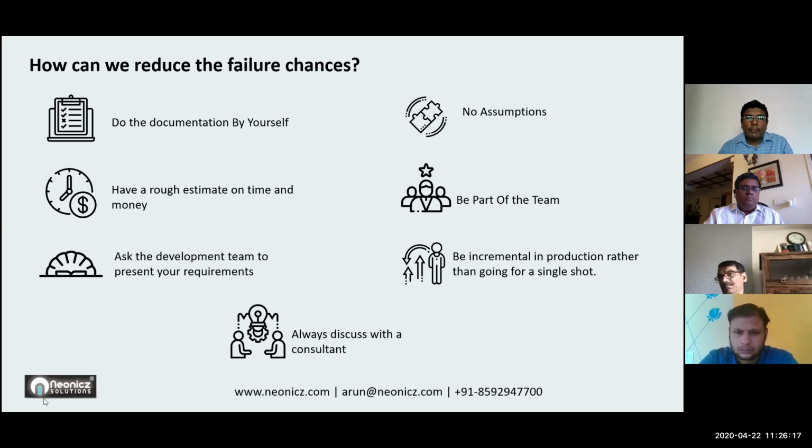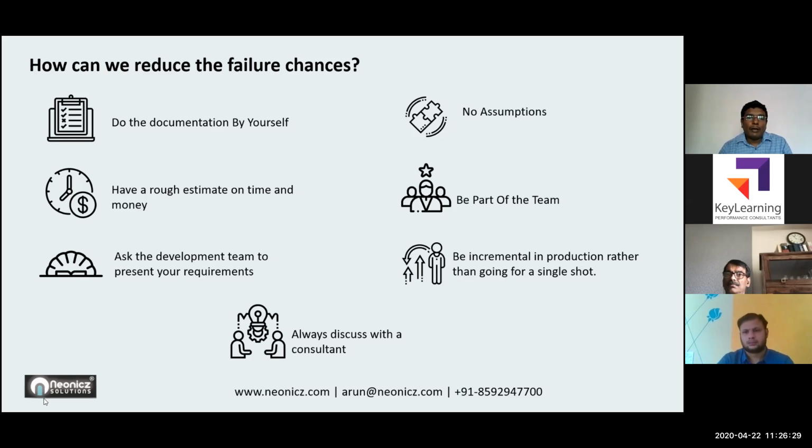Then you should always be asking the development team about your present requirements. So the first thing, after you've done the first two things, is to discuss with a team of experts and share your idea of that software with that team. Ask them to present it back to you, so that you will understand whether the team who received your requirement understood the complete requirement as you dreamed it.